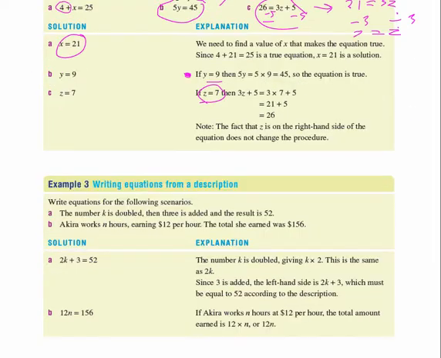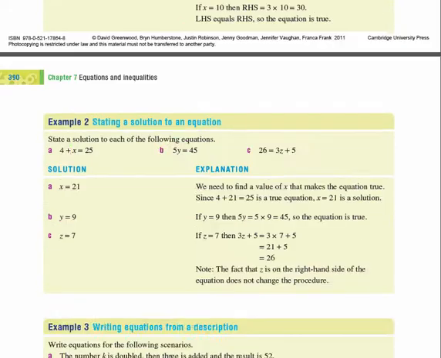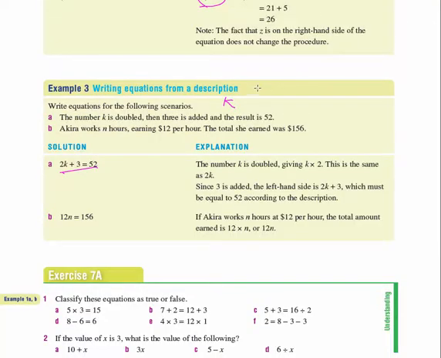Okay, next example is writing equations from a description. Essentially, this is using your written skill to write a verbal equation. So the number k is doubled, then 3 is added, and the result is 52. The best approach for this one would just be to write it as you read it. So the number k, so you write the k, is doubled. So we know that there's 2 of them, so maybe we put a 2 out, there's 2 k's. And then 3 is added, 3, and the result, meaning equal,